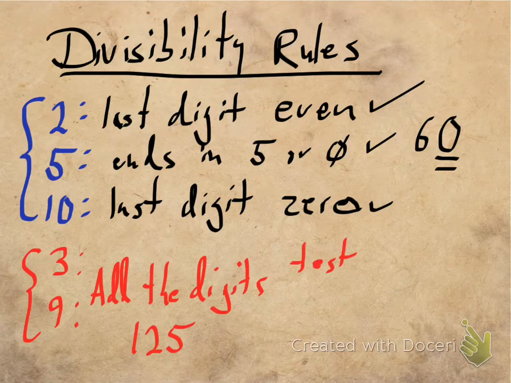You test the sum in both of these, and if 3 divides the sum, which it does not, then the number is divisible by 3, and if 9 divides the sum, then the number is divisible by 9. So in this case, it doesn't. But what if it was